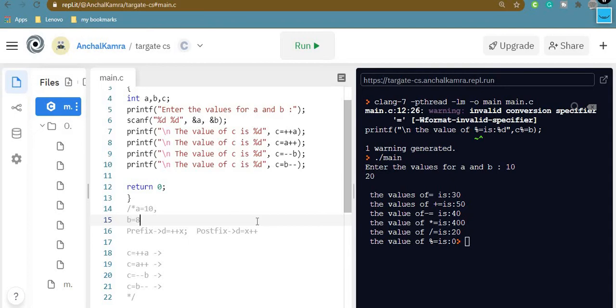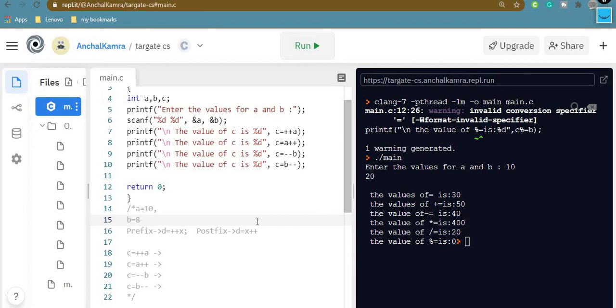So in case of prefix, the increment is done first. In case of post-increment, the increment is done after the assignment. So this is the concept of prefix and postfix.